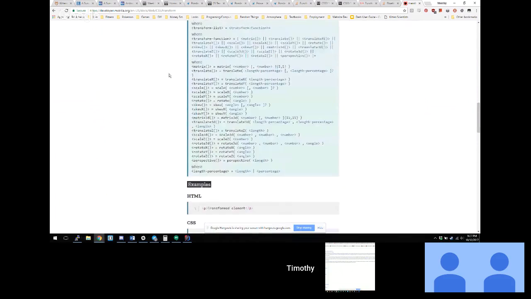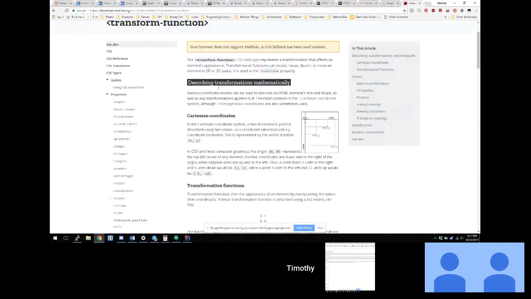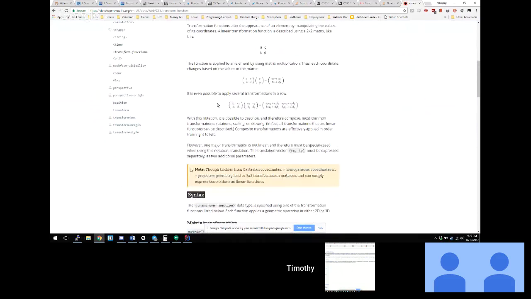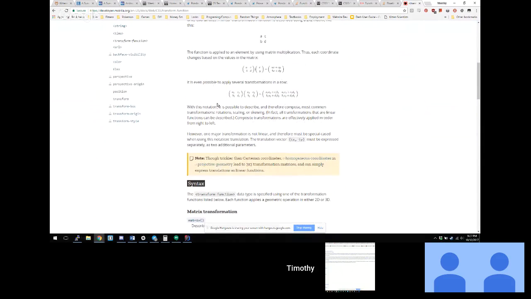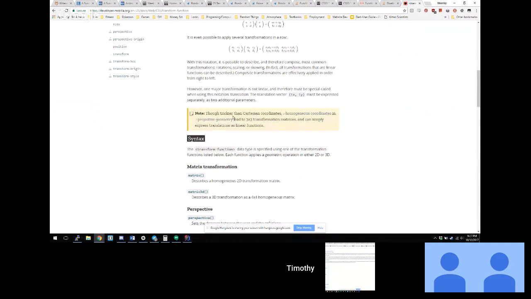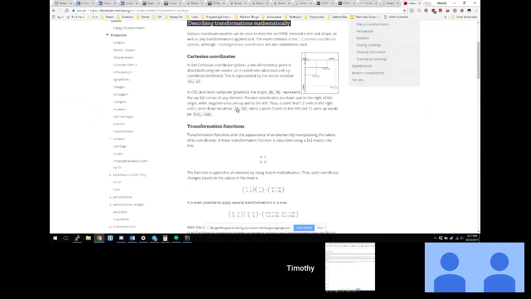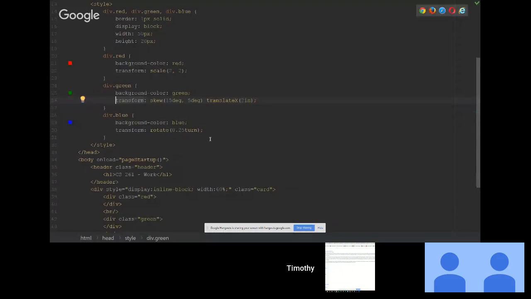And if you go into the transform function, you specify exactly how you want it to transform, which I didn't read into because this is math. I think it's pretty complicated, but it's not overly complicated. It's possible to use the matrix functions to tell it exactly how you want it to change. And that's about it. They're pretty basic. I can't really imagine a lot of uses for them, just because